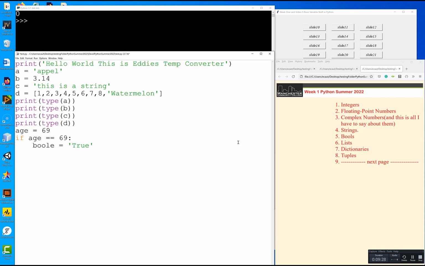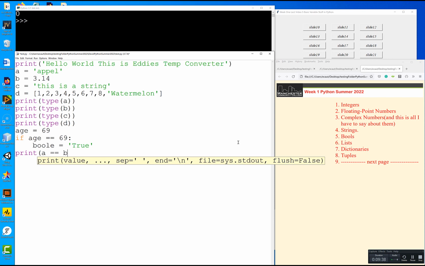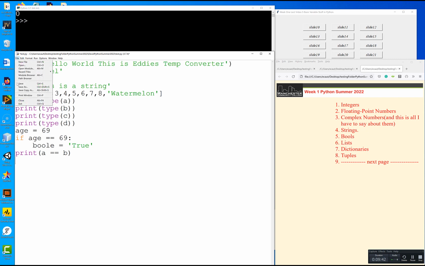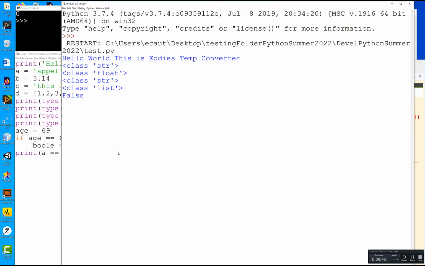You can certainly say print A equals B. Let's see what that has in it. See if that gives us a bool. That should give us a bool and say no. And it's false because A does not equal B. And that's how you use a